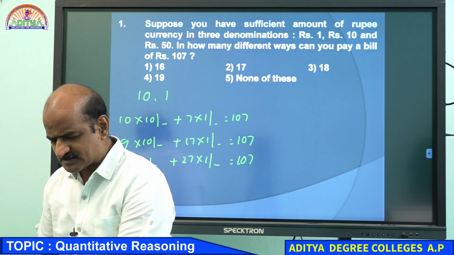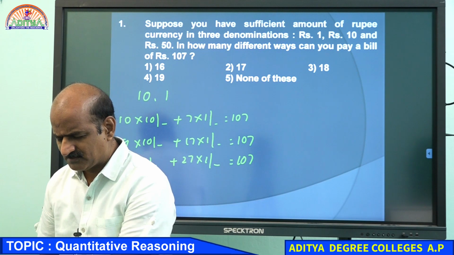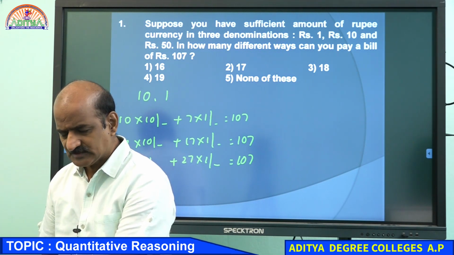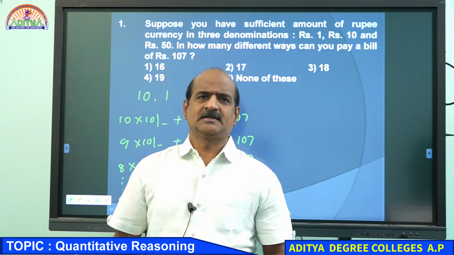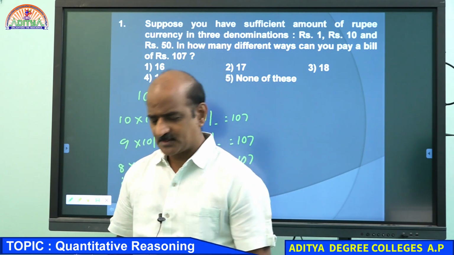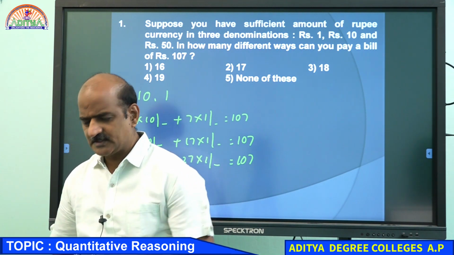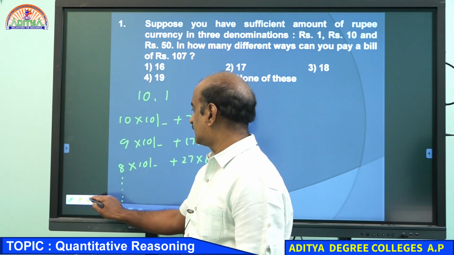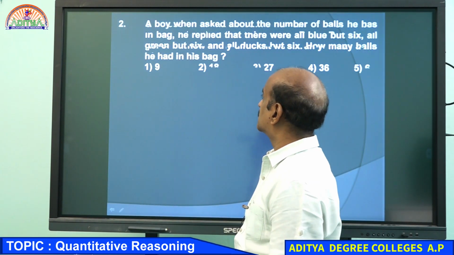So this is called quantitative reasoning. Not really a problem. Of course, not calculation. You can't say this is mathematics, and you can't say this is calculation. This is what we call simple common sense reasoning. Yes, students, I think now you are comfortable. Now I think we can move on to the next question. Here we go. Question number 2.